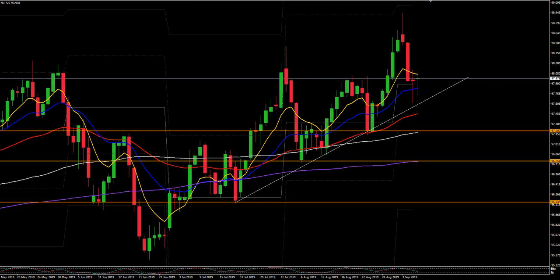Let's start off with the dollar index as we always do. So last week we saw strong selling come in, and this is tying up with seasonal weakness in September. Expect this selling to continue this week. Dollar tends to sell off till around mid-September time, where then price actually becomes a bit choppy. Picture gets a bit muddled until the first week of October, where the dollar then starts to have a strong